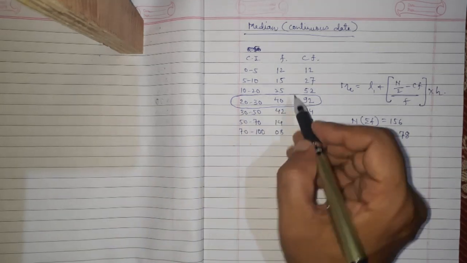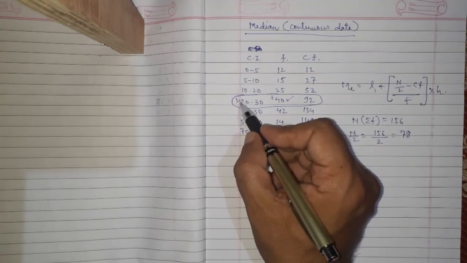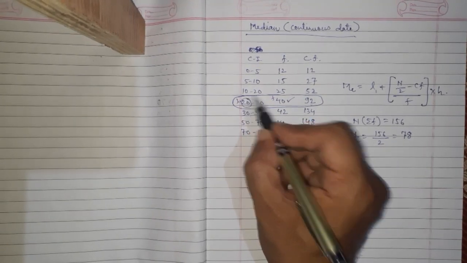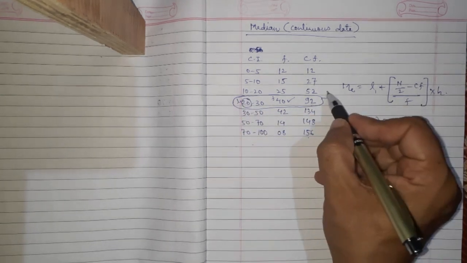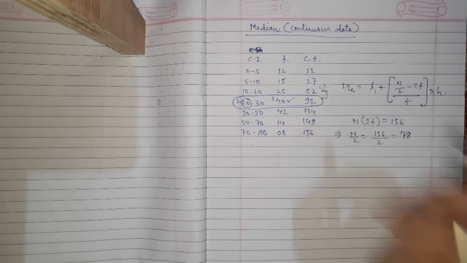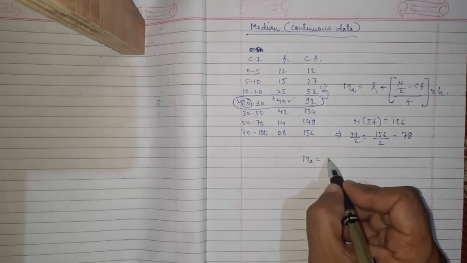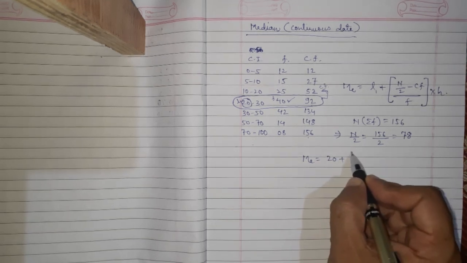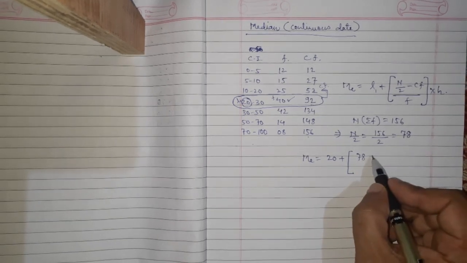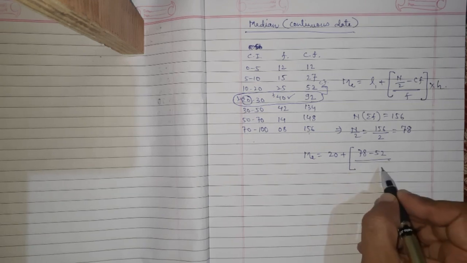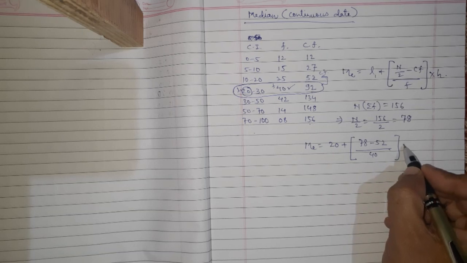Okay. If this is the median class, then this will be our F. This one will be our L1 or L, this 20, the lower limit of the class interval of the median class. CF will be the one above. So this will be our CF. And we just have to put the values and we can get the answer. L1 will be 20 plus n by 2, it is already given to us, 78, then minus 52 upon the median frequency, which is 40, and the class size is 10.